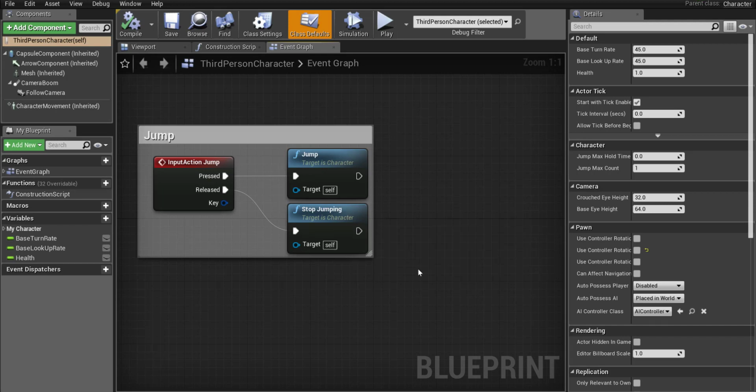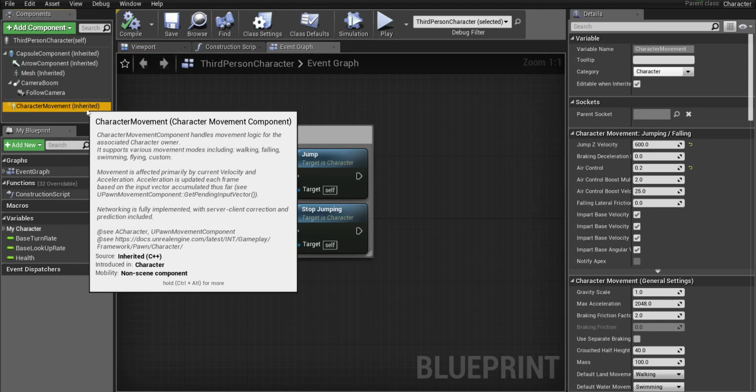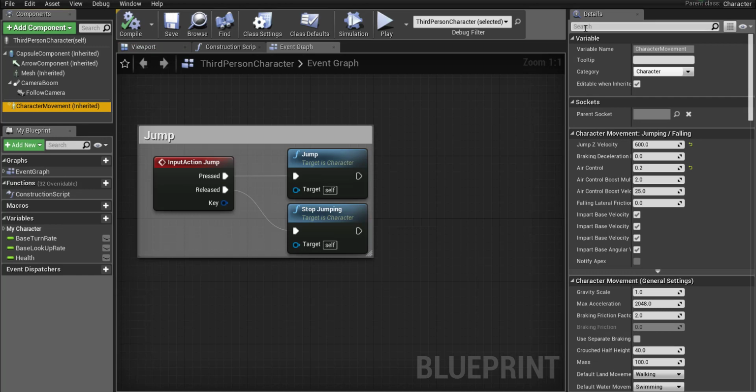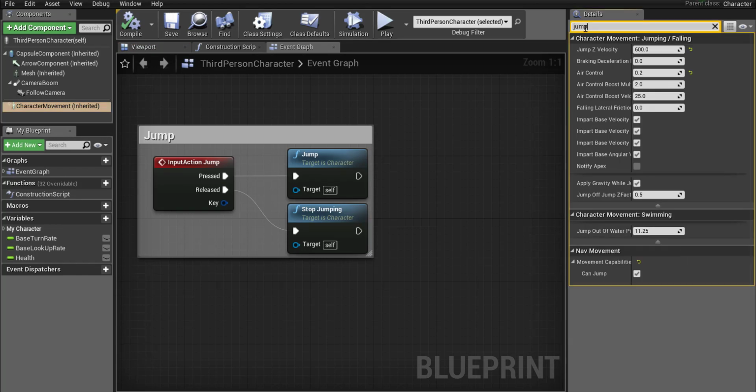If you want to adjust the jump that you currently have, click over on character movement inherited, and then in your search details, you just want to type in jump. There's two that you want to focus on. The first one's the jump Z velocity. By default we have it at 600, and that's the speed at which you jump. So if I changed it from 600 to 2500